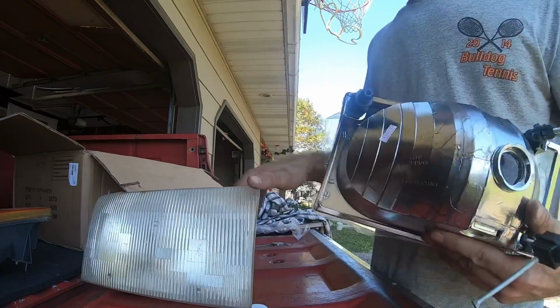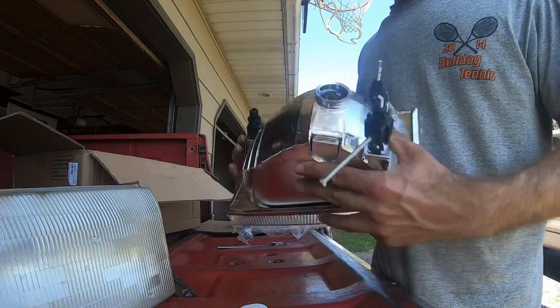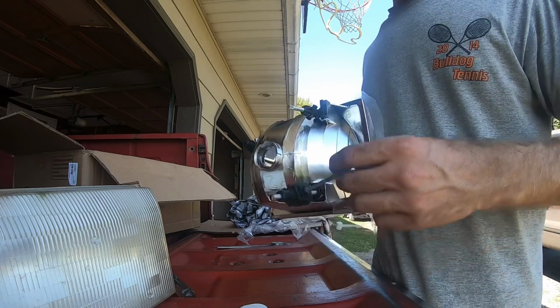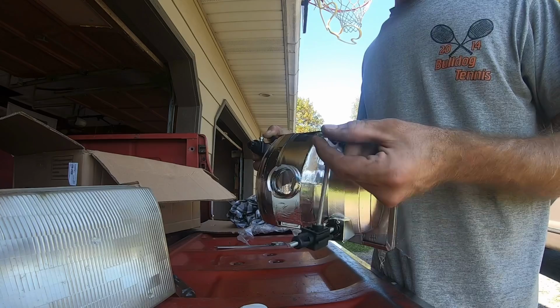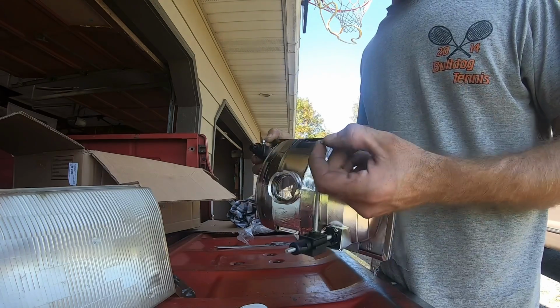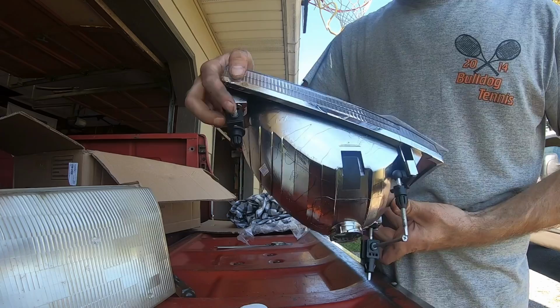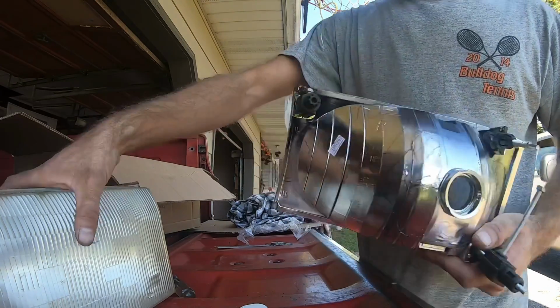Okay, my adjusters are matched to the original ones, so we'll stick this in, clip it all together, make sure this is facing upwards so you can reach down in here with a screwdriver. This one has a little hex on the end, and then this one has a screwdriver as well. I'm a little concerned with this one. I'm trying to match